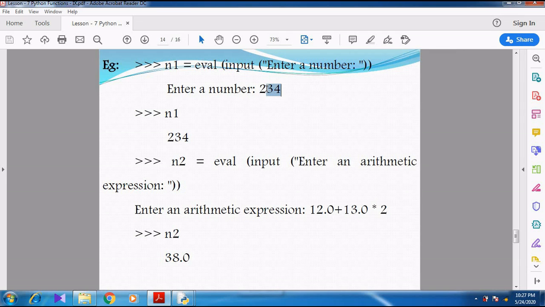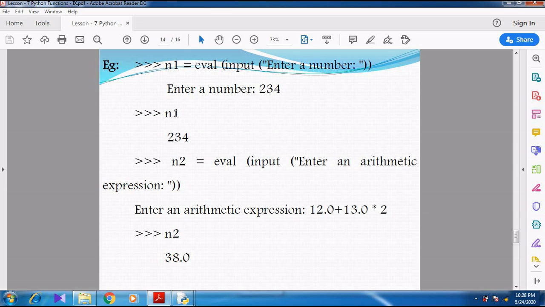When the user enters the number 234, 234 is received by the input function and used as an argument for the evaluate function, and then it is assigned to n1. Now what is the value of n1? The n1 value is 234.